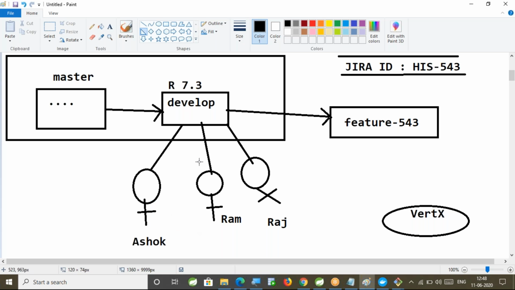So what I have done is, whatever Vertex changes I have done and am going to do, I don't commit those changes to the develop branch, because Vertex implementation is R&D. It is a trial and error method. It may work or it may not work. Whatever changes I have done for the Vertex, I will commit to the future branch